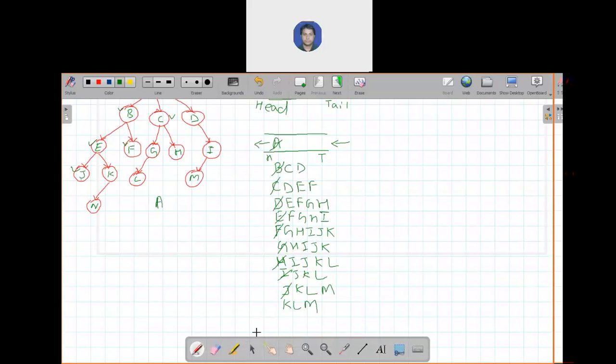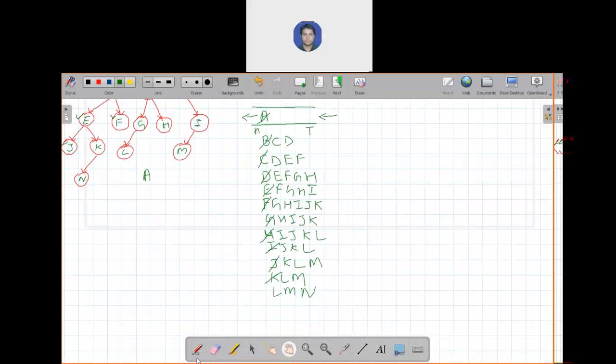Okay. Now from the K, the first element is K, as you can see. So remove the K and explore this state K. From the K you can move to N. So just enter the element N into back of the Q. Again, now L is the top of the element. So from the top, explore the state L. As you can see, there is no element, so there is no need to enter any element into this Q.